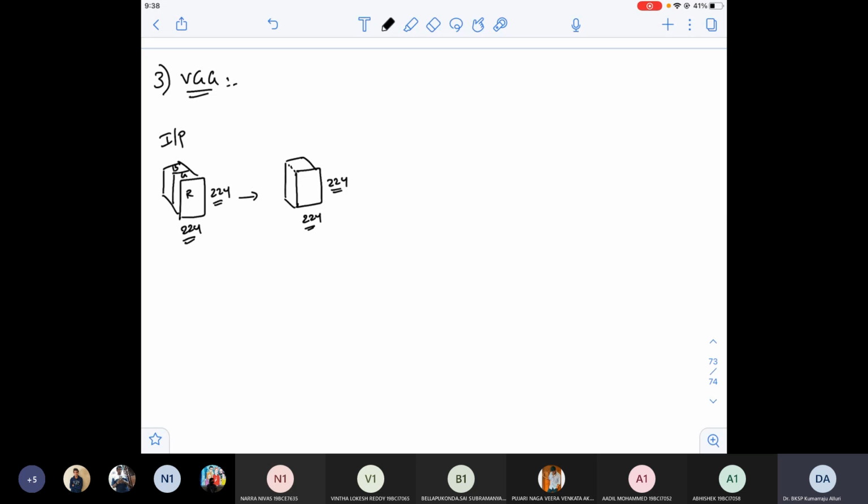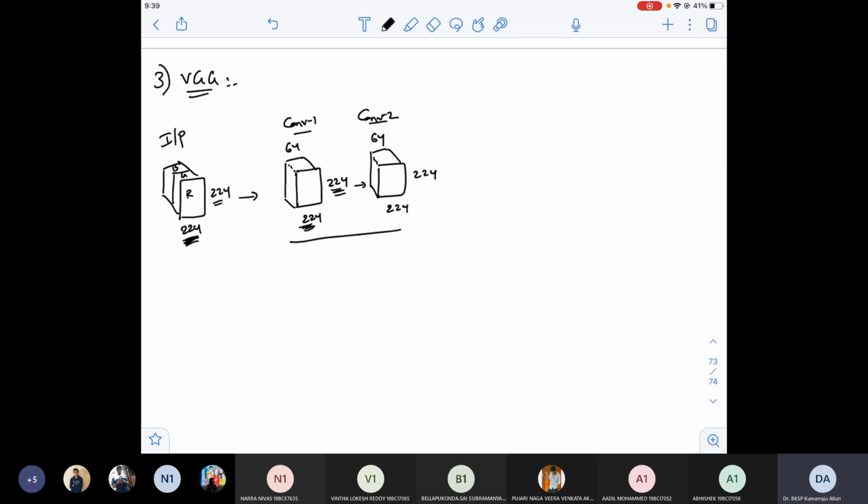How do I get it? You need to add padded bits. Padding can be 2, 3, 4, 5. You can just put your thought. If I put padding equal to some x, I would get the same size as input, the same width and height as input. Now, they have not stopped at this; immediately they've also applied one more convolution, but again they added the necessary padded bits to ensure that I get the same width. Here it is 64, here also it is 64. That means this is convolution operation 1, convolution operation 2.